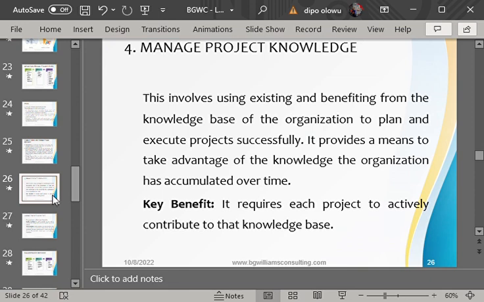Now, it is this work performance data that the project manager uses and looks at and says, oh, from this information or data I've gotten from this project, it seems that we are going according to plan. Then he can also see that, well, from this information, we are not going according to plan at all.